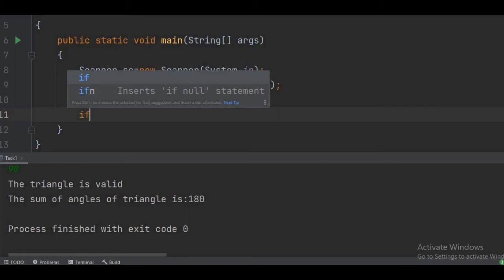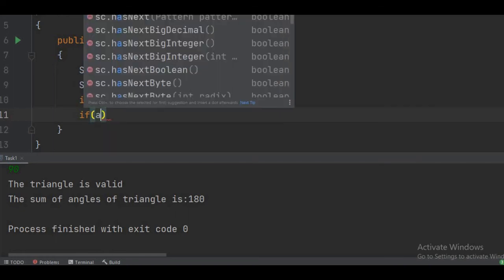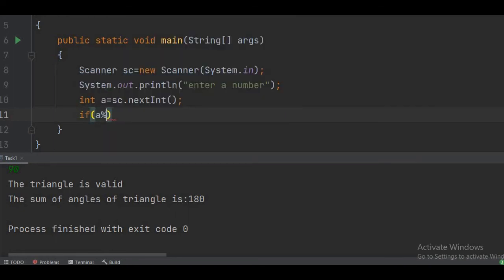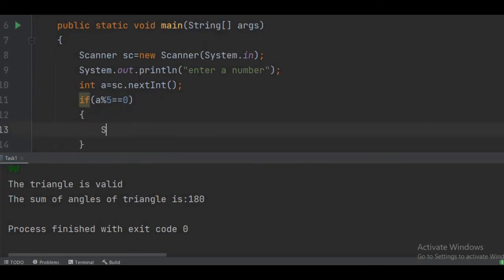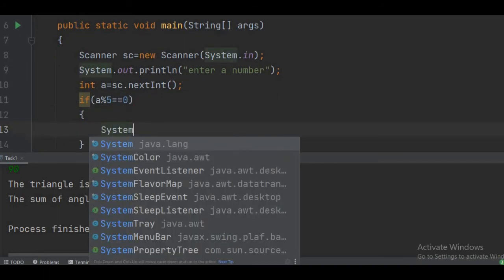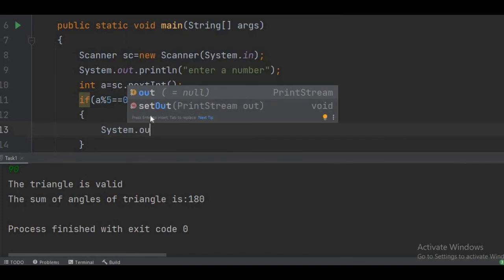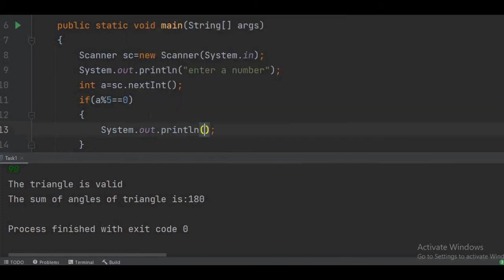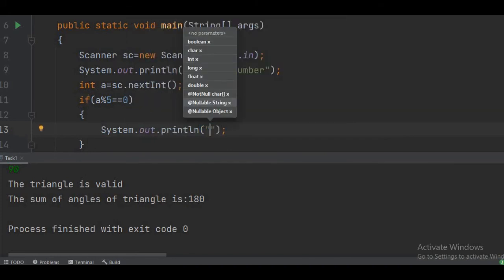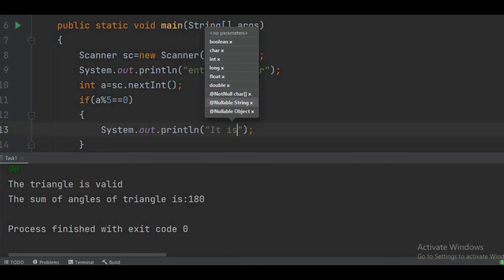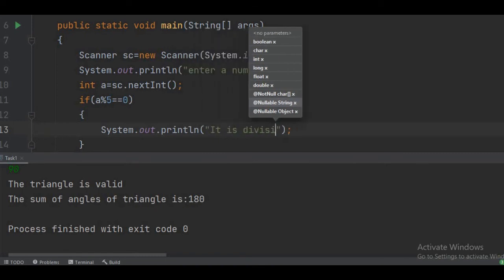Now we'll just put a condition here. If A is divisible by 5, then the remainder will be 0. So here we are going to print is divisible.